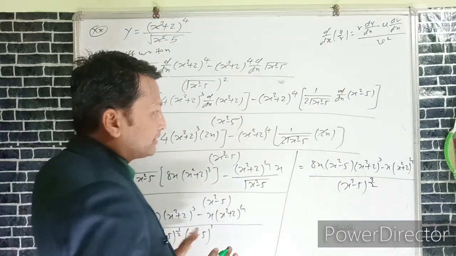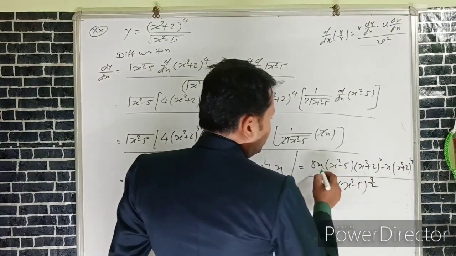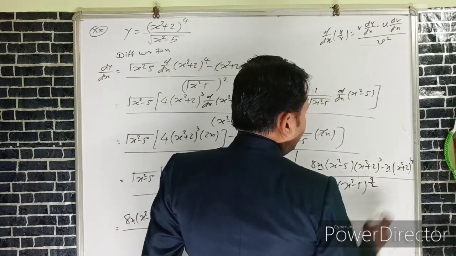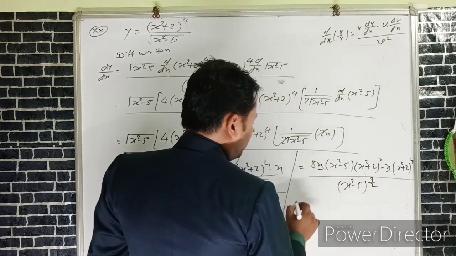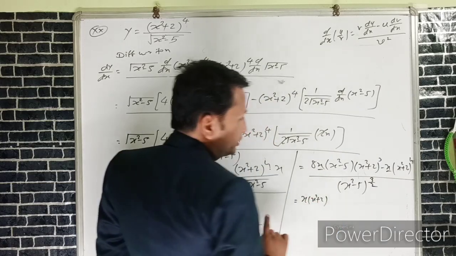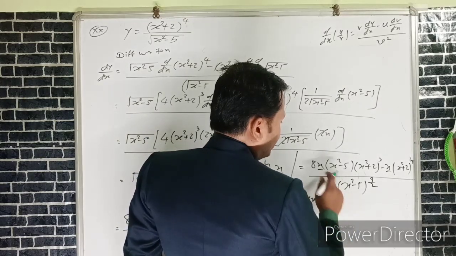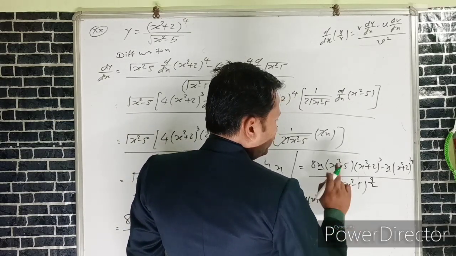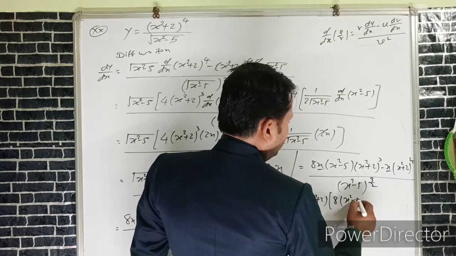Again we can take common of these both terms, x and (x² + 2)³. If we take x into (x² + 2) common from both these terms, we can write 8 into (x² − 5)